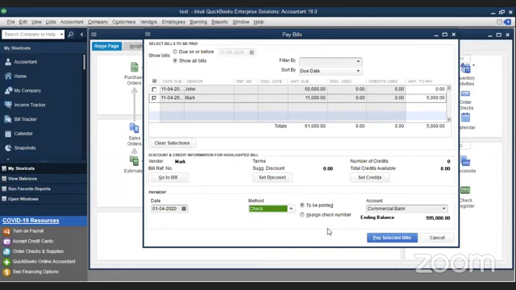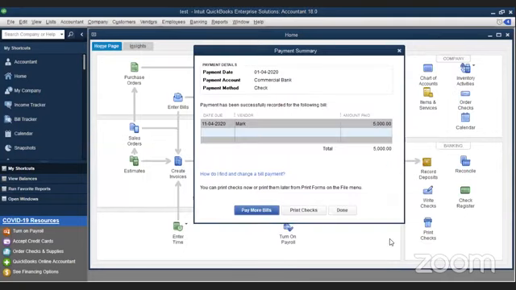You don't have to go and do anything manually. But in this case, we don't have that kind of facility. I'm just going to say to be printed in commercial bank. So you can see the commercial bank account has already been linked. If you all remember, when we set up the chart of accounts, we said commercial bank has 1 million rupees. So now if I pay 5,000, 995,000 is left. So I'm going to pay this bill. Simply you click this. That's it. You can say print check, but we can't print checks, so I'm just going to say done.